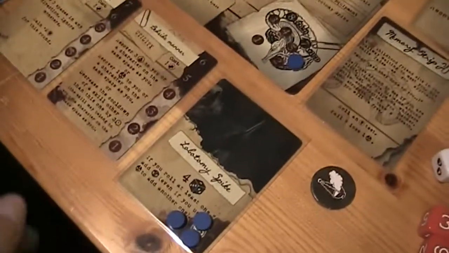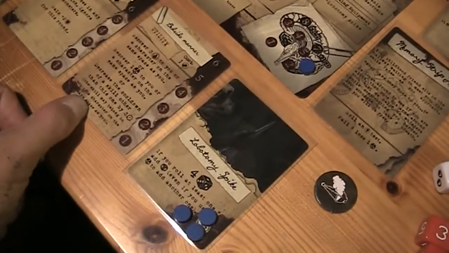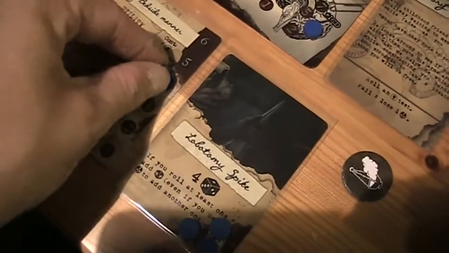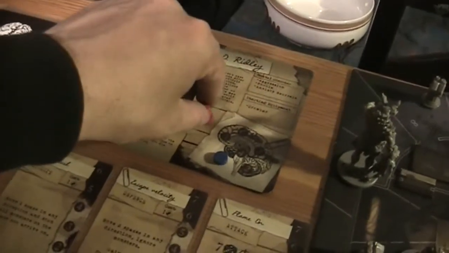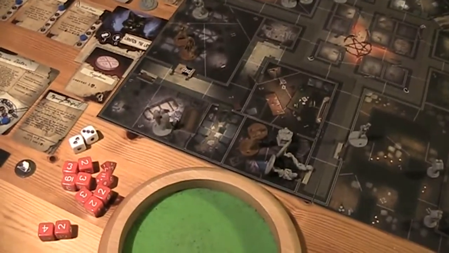I wonder if I should use the bedside manner. I could heal Ridley, for example. Or I could give me one sanity back. I think I want to heal Ridley. That sounds like a pretty good idea to me. So I'm going to use that thing. Recover 3 wounds to you or a character on the same space as you. So that means Ridley is completely fit again. Which doesn't exactly help him, that's the problem, but